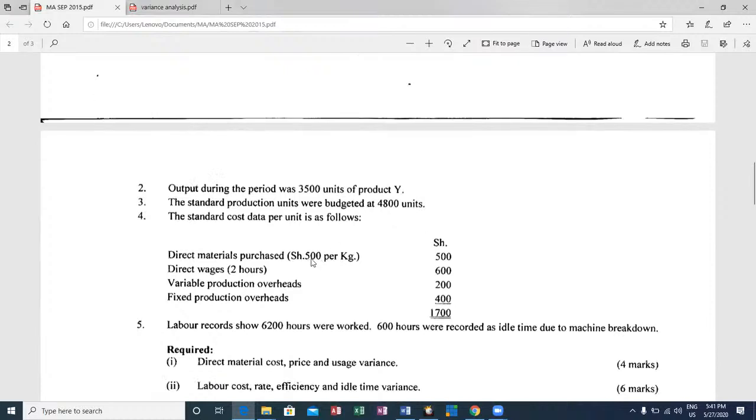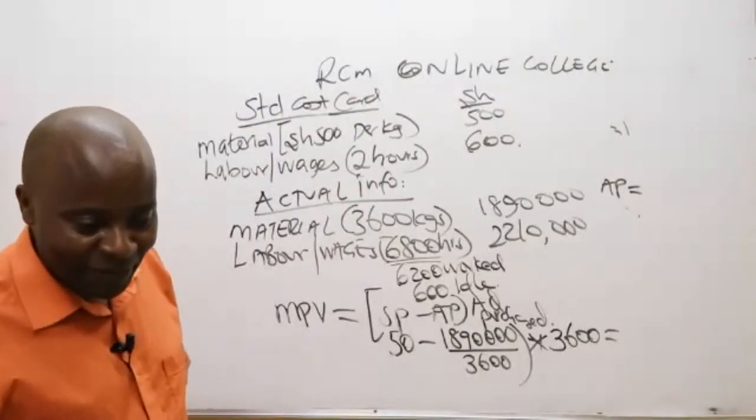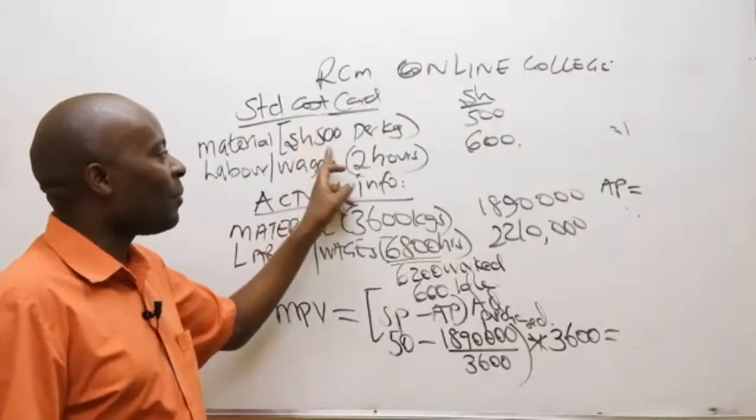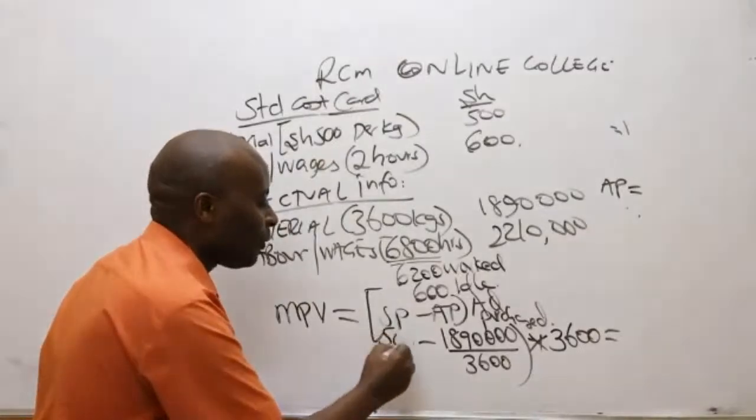Somebody, just go to the comments there. We see the students, ladies and gentlemen, who have these past papers. What figure do we have here? Is it 500 or 50? The standard price. Is there somebody who has been able to confirm to us? I'm waiting because most of us don't have past papers. It's 500. Somebody is confirming that from the past paper, this figure here is supposed to be 500. Thank you very much. So put 500 there.